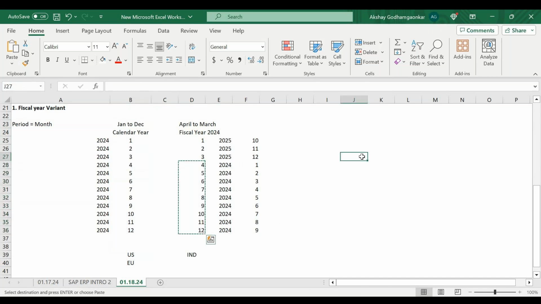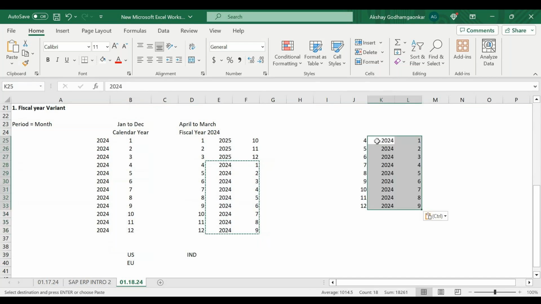Suppose it's 2024, and we are following April to March. In the month of April, as per SAP, it should follow period 1. So April would be period 1, then May would be period 2, June period 3, July